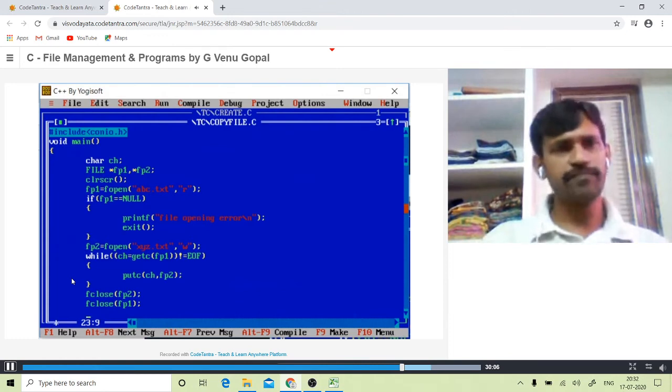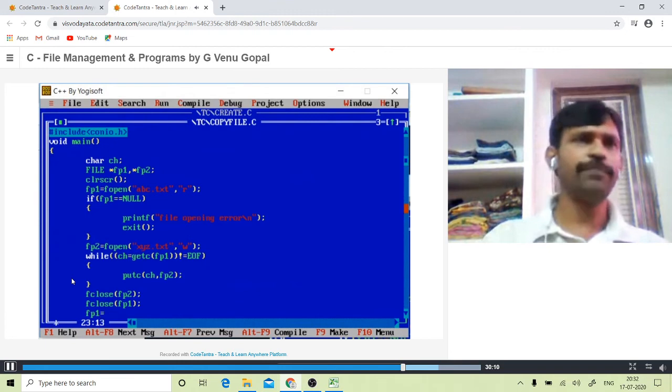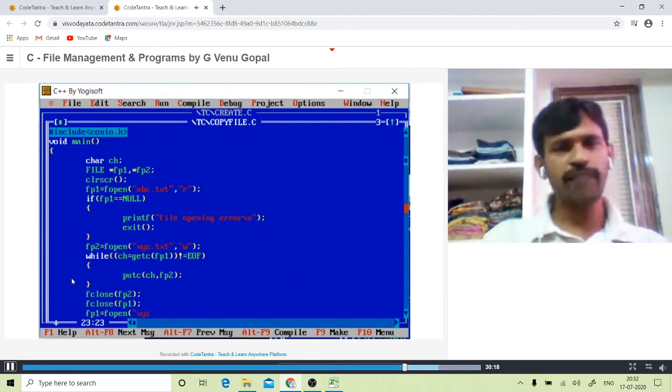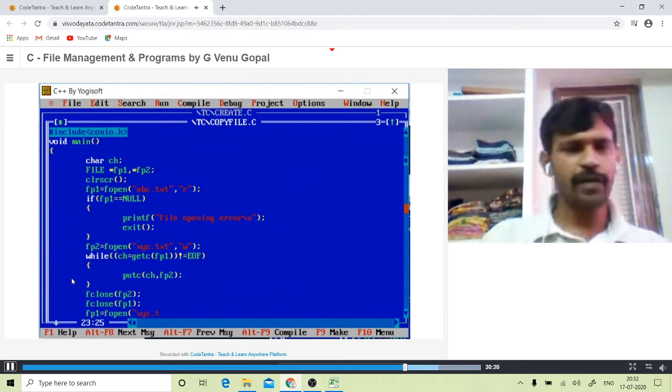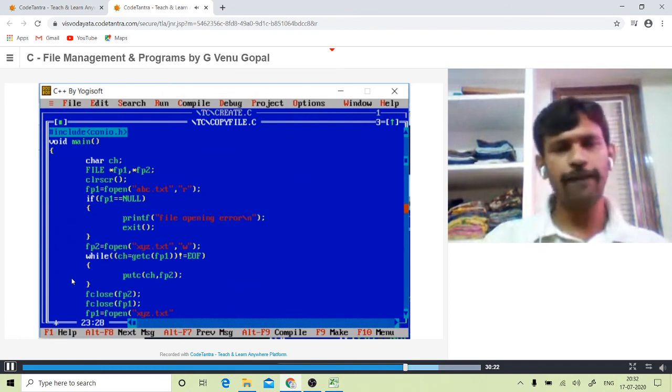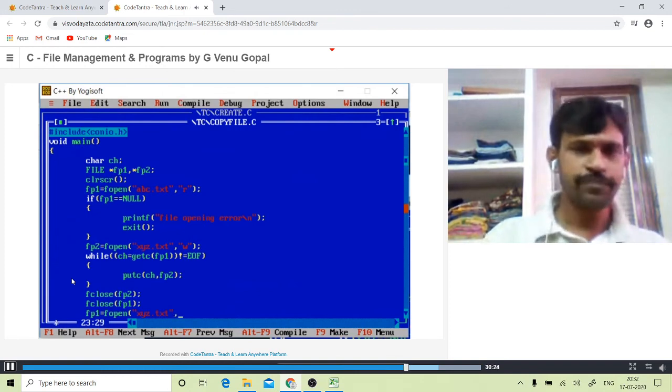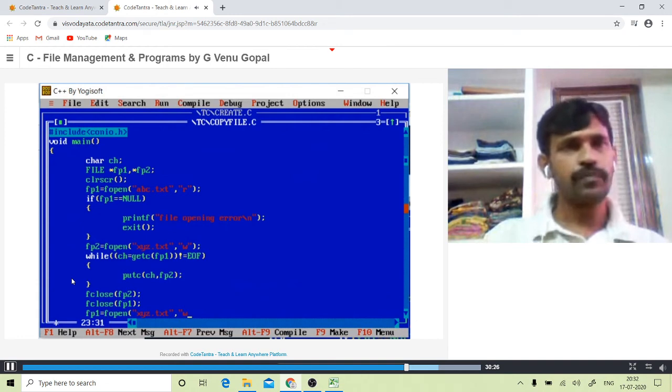After closing both files, I would like to open another time fp1 is equal to fopen of, let us say, xyz.txt, since we have copied the contents into the xyz file, comma, within double quotes r.